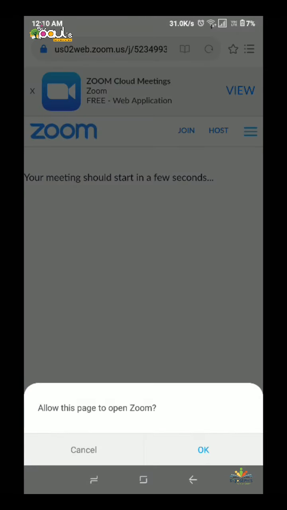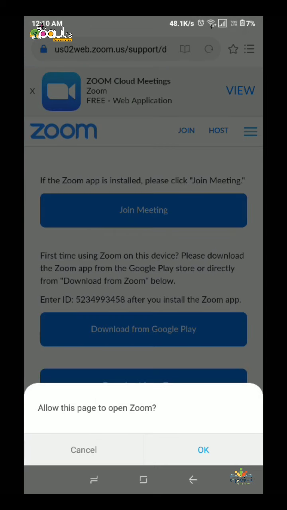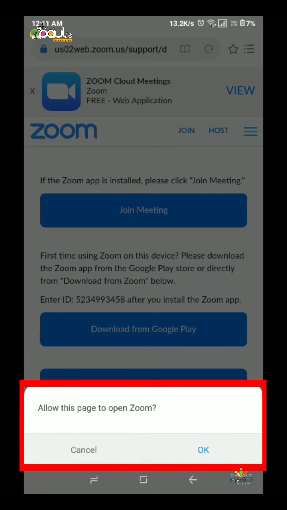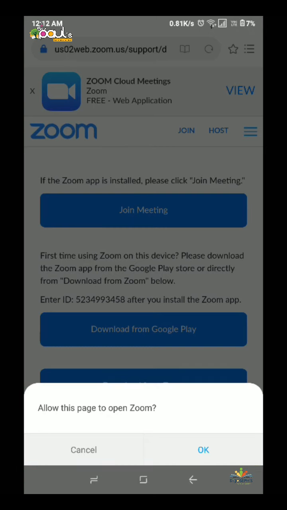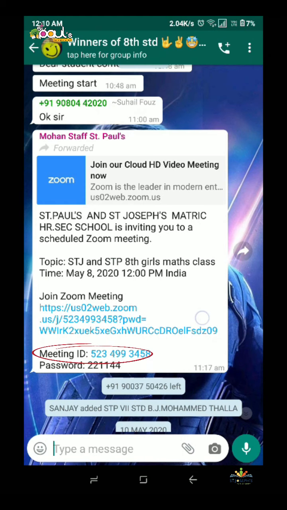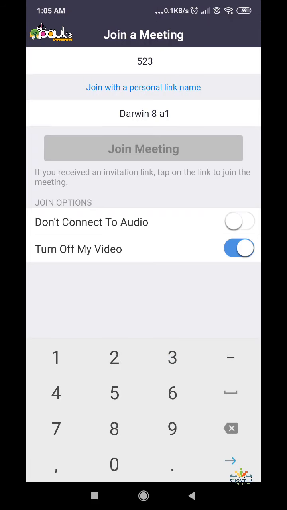After clicking the link, you'll see a page appear, and sometimes it takes you directly to the meeting. If you already have the Zoom Cloud Meeting app, you'll get a message asking permission to open the meeting in your Zoom app. If you're not able to get into the app, you can click the join meeting option on that page, and enter the meeting ID provided by the host.